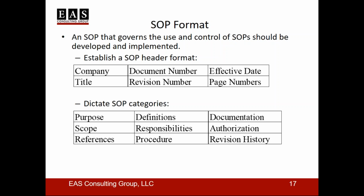Some of the general categories that you'll see are purpose, scope, and references. This is referencing other SOPs and other documents, and can also be referencing forms. Then definitions where appropriate, responsibilities, what groups are responsible for what, the procedure itself, which should be the main portion of the SOP, where things are documented, who authorized this procedure, and the revision history is also very important. It's really nice to be able to go